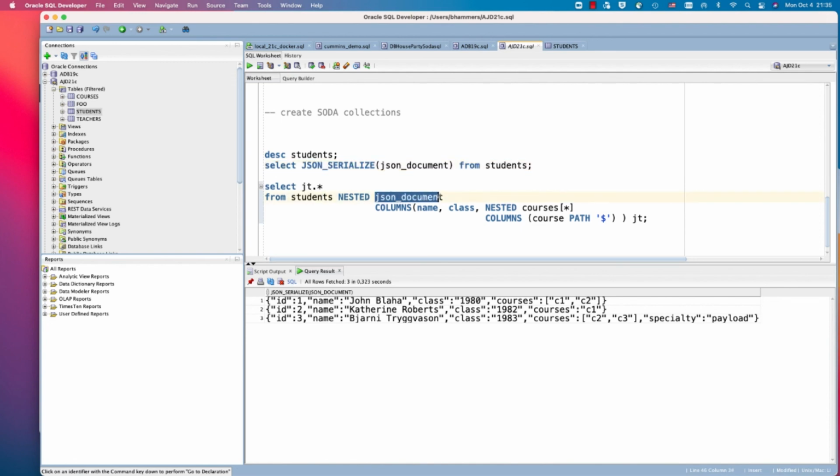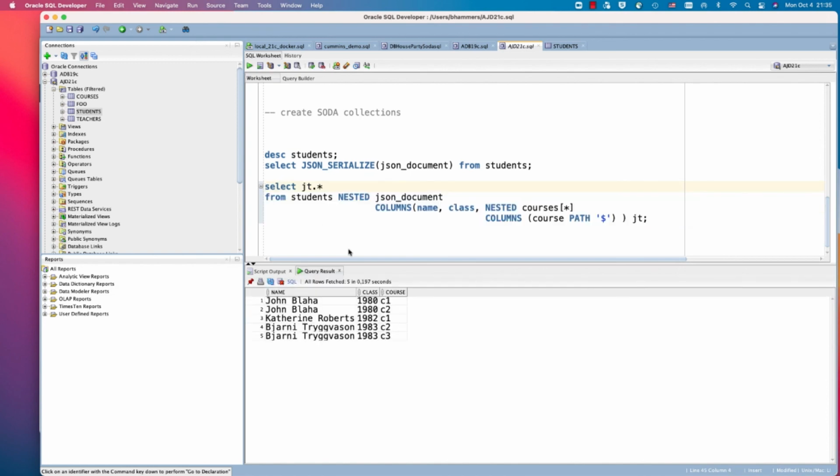I go into the JSON document, I extract the name, the class, and then I say, well, iterate over the courses and give me each course as a separate value. Maybe a bit easier to see the results. So you remember we inserted 3 students, but this query actually gives us more than 3 rows of output. This is because every course is now represented as a separate value in a separate row.